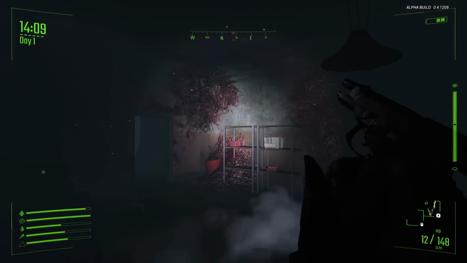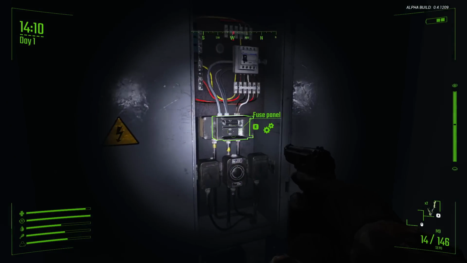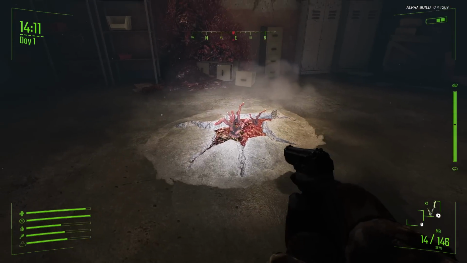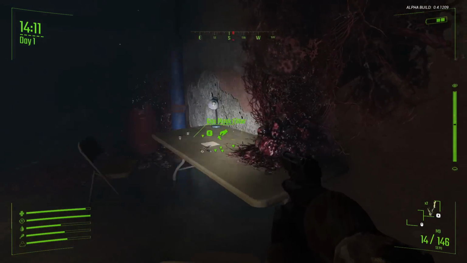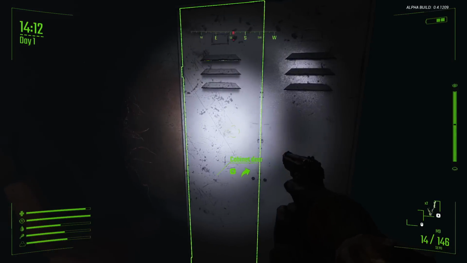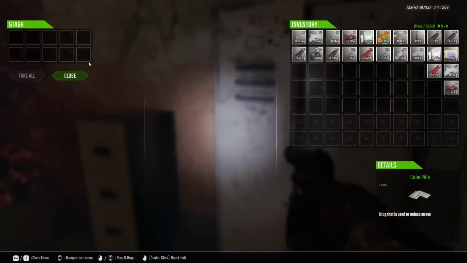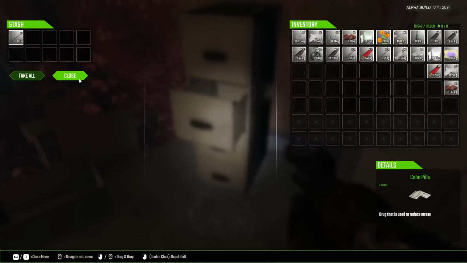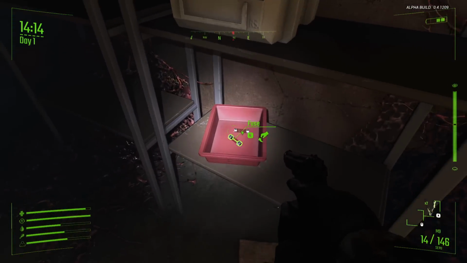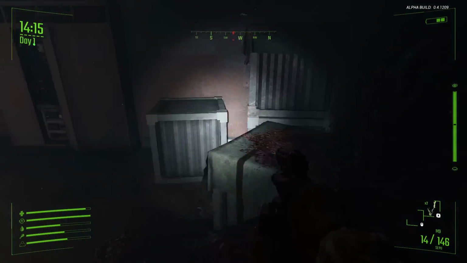No bullets or anything down here, unfortunately, which means I'm wasting ammo. That's not good. None of this is really good. This is all terrible. Fuses. Come on, give me a box of ammo or two. 40, 50 more rounds. That's all I ask of you. Alright,